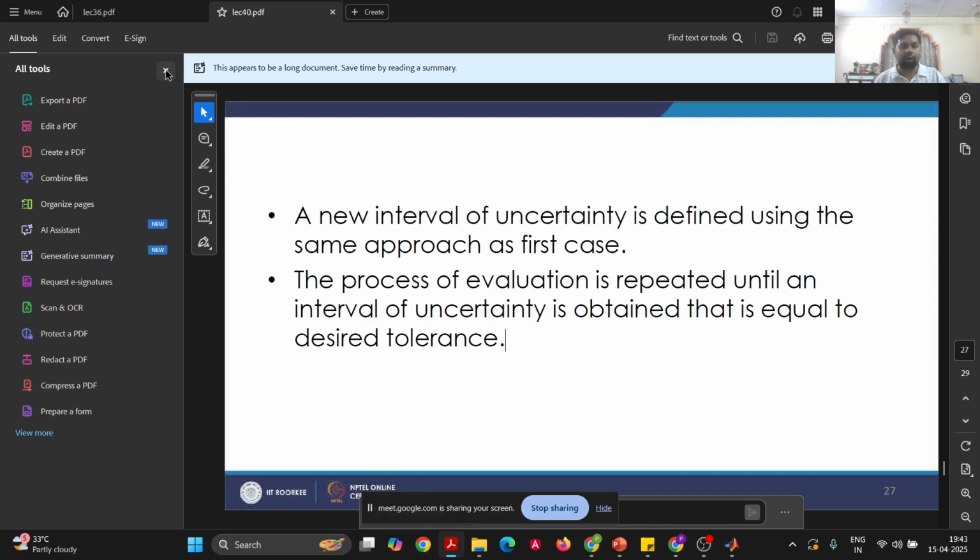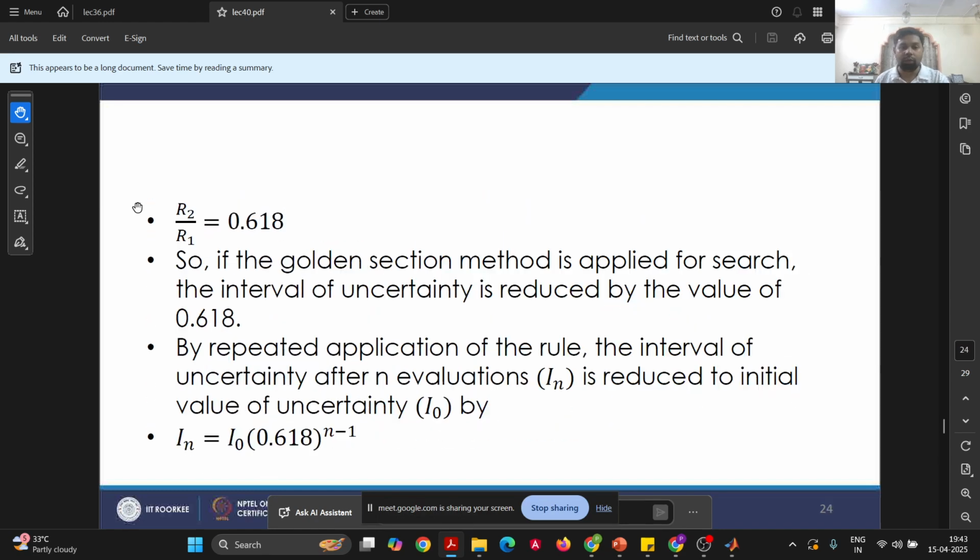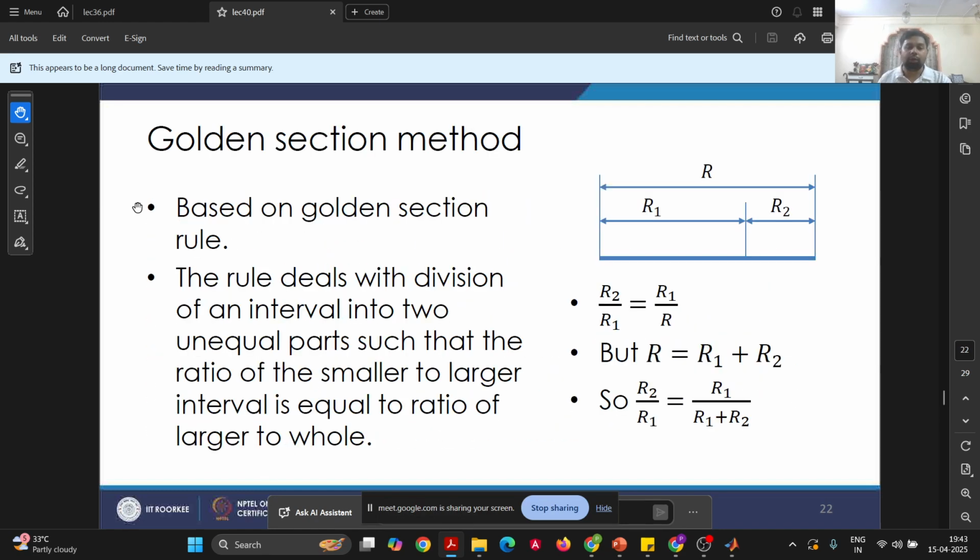Let us look at the part where we have defined the golden section method. In this method, we first choose a certain interval and then divide that interval into two unequal parts. And in the next